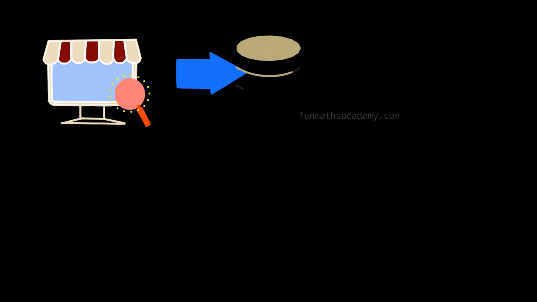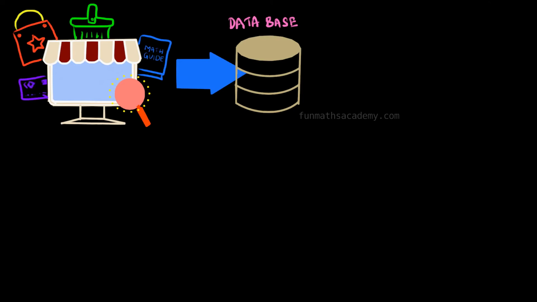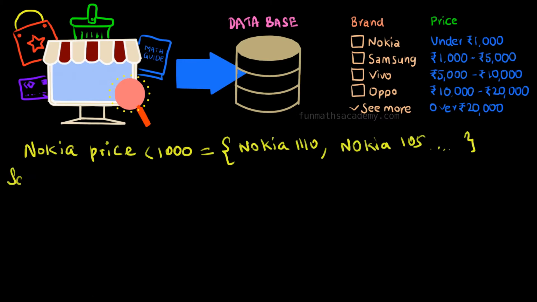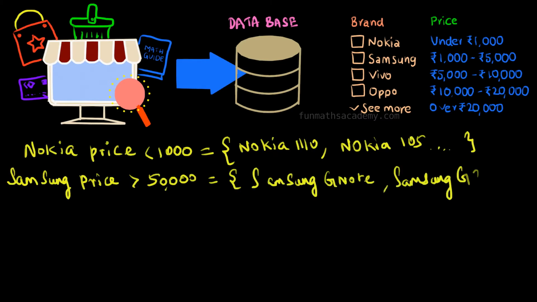The products customers are looking for will be listed on the screen, which has been stored in the database of the website. The problem is that the customers won't just ask for the list of cell phones, but will specify the brand of cell phone they are looking for and the price range they have in mind. Do you think all the products listed on the screen will be entered in the database manually by the programmer in roster form again and again? That's not possible. If so, then they will have to create many sets.